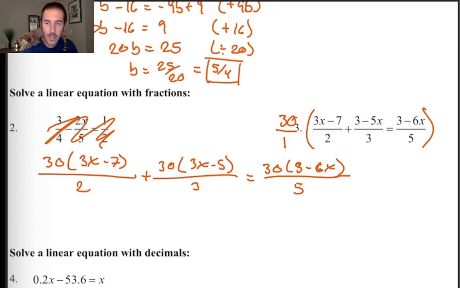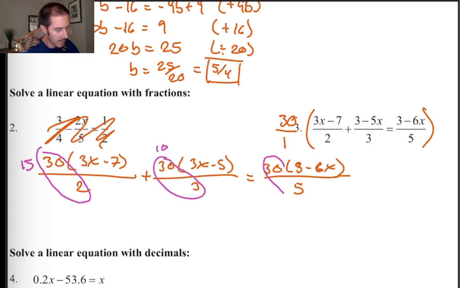And now that I haven't actually done any multiplication, I just put that multiple next to those existing numerators. Now I can reduce. 30 divided by 2 makes 15. The 30 divided by 3 will turn into a 10. And the 30 divided by 5 will turn into a 6. So we've multiplied the entire equation by 30. That was this note here. And then we've simplified. So if you want to put a little note right here that says simplify, we will be left with